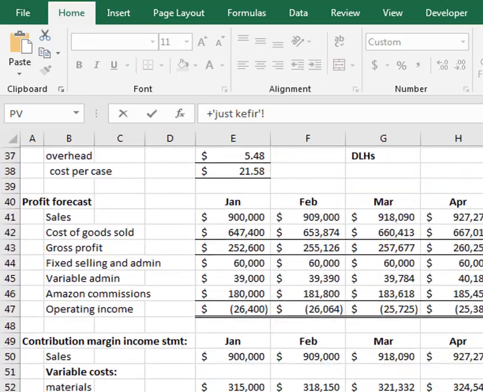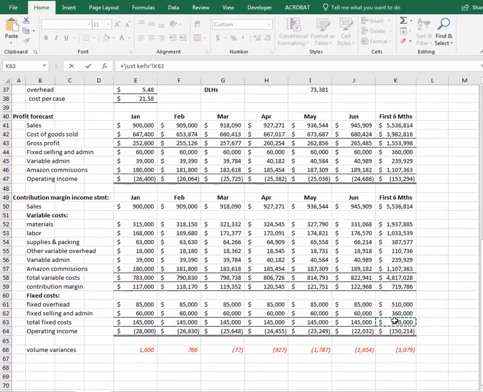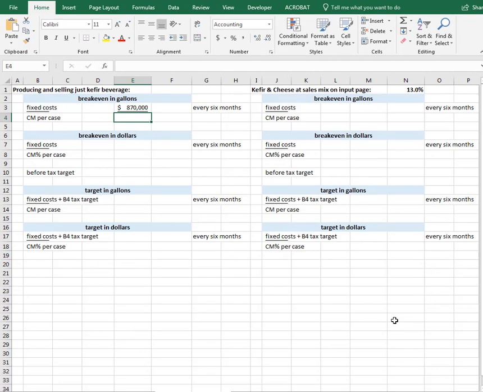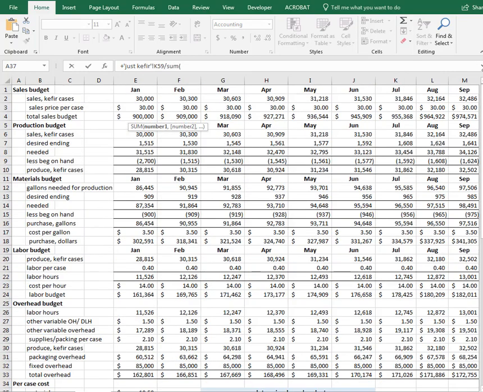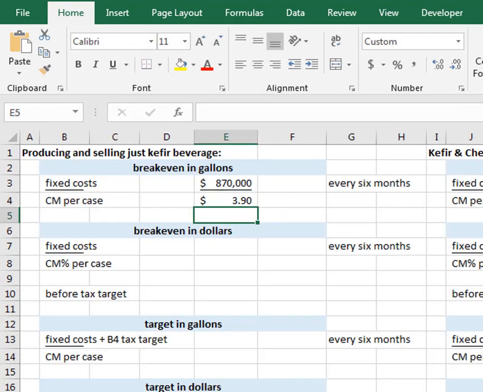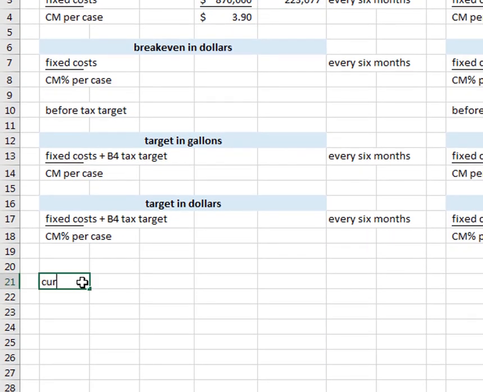So total fixed cost we can get from the contribution margin income statement. And then the contribution margin per case will be the total contribution margin divided by all the units that you have in the 6 months. In parentheses, and then enter. And so then that would be 223,077 cases every 6 months. Okay, so